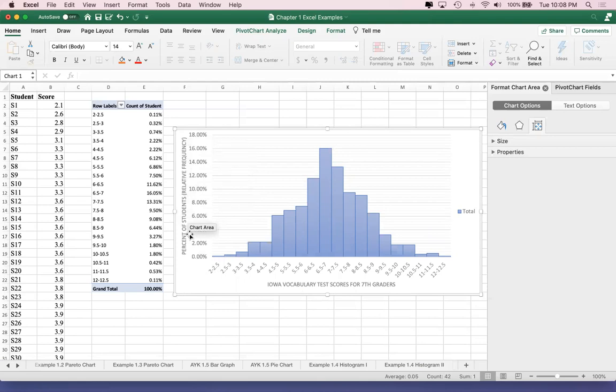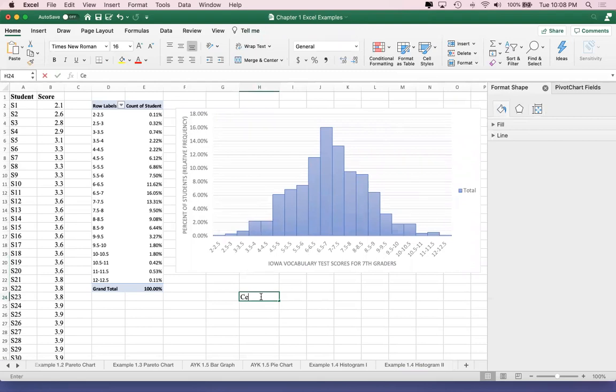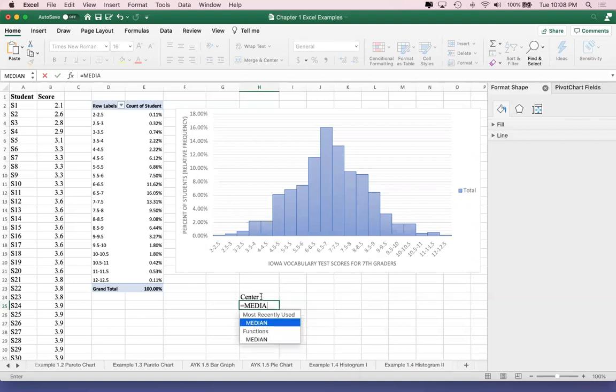Now, the last thing I'm going to show you is how to calculate the center for this. So how do we calculate the center? Well, we're going to use the median command as we did in the last video. Okay, so what I'm going to do is type equals and then in capital letters MEDIAN, open parentheses. Now we're going to put the first value. The first value is in the B2 cell. So I'm going to put capital B2, colon, and then the ending value, which was capital B948,